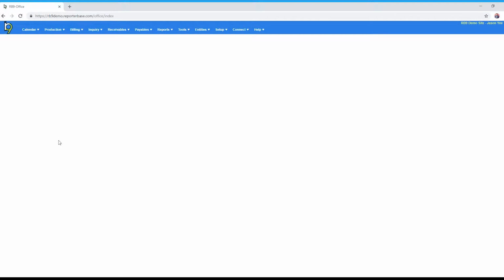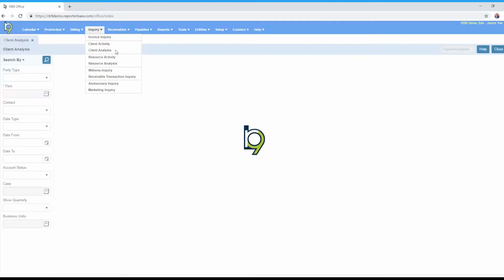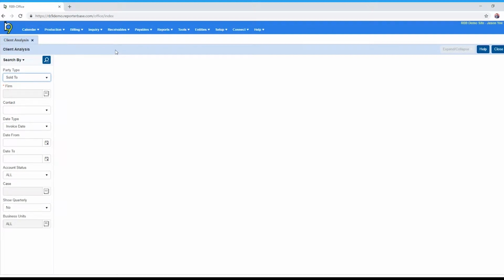Let's take a look at client analysis. So we're going to click on inquiry and select client analysis. Now, client analysis is similar to a search that runs in client activity. The difference is client analysis doesn't drill down to each individual invoice, but it drills down to the service items